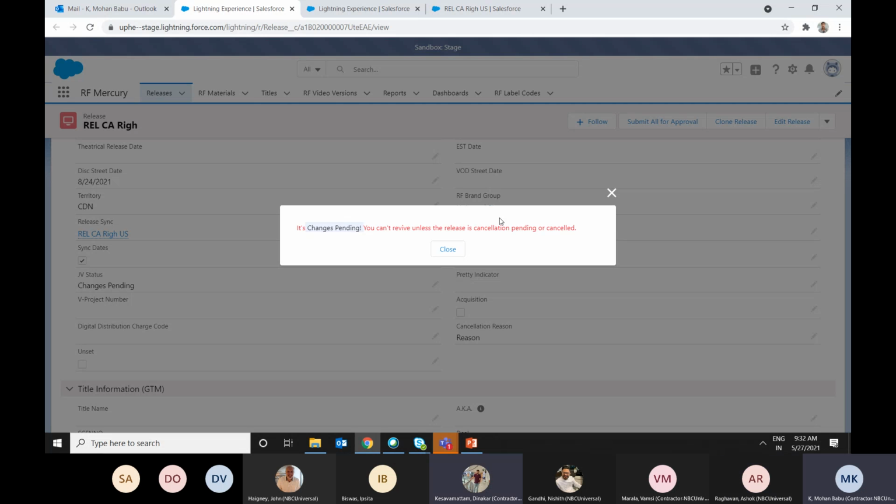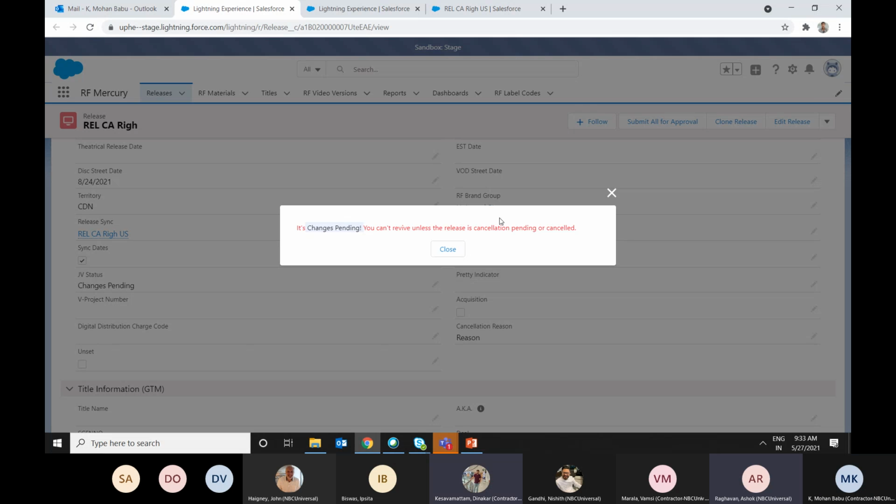Mohan, who is JV here? Joint venture. Dinakar, yesterday I explained, right? NBC Universal has signed a contract with Warner Brothers, and together they created what is called a joint venture. A joint venture is both companies working together towards a common goal. So we signed a joint venture, meaning the fulfillment for part of the physical materials will be done through the joint venture organization, which is a combination of people working from both NBC and Warner Brothers.